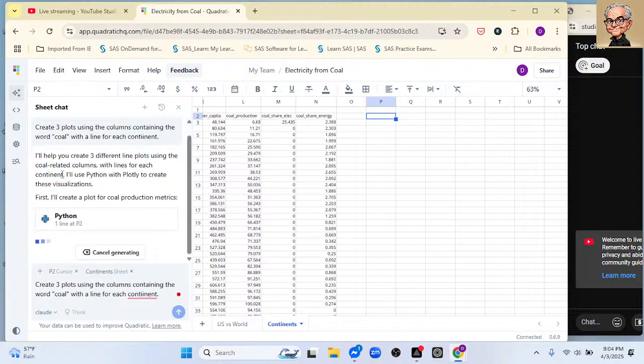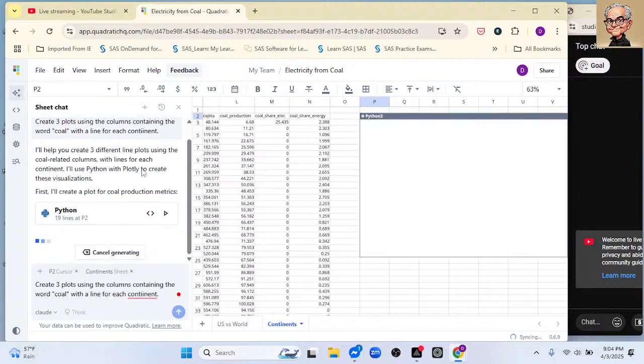So I will help you create 3 plots using the coal data columns with lines for each continent. I will use Plotly to create the visualizations. Okay, so first it says,